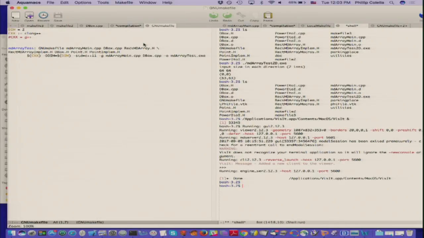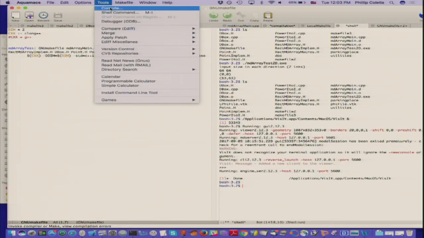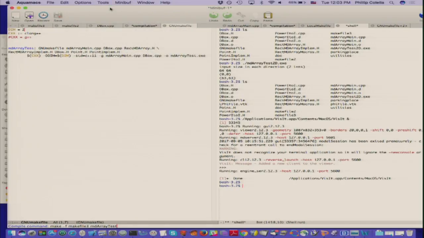Now, how do I invoke this? Turns out there's a nice way to invoke it. This is all in Emacs, and Emacs has a tool so you can invoke a compile line. Down here it says, here's a compile command. Well, it's not the one I want, so let me just do make mdarraytest,